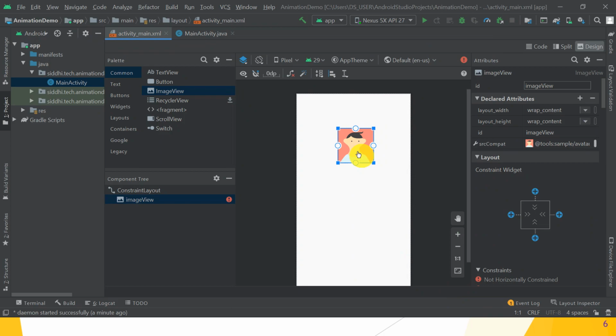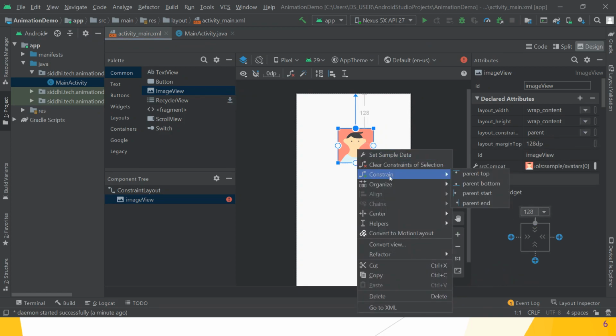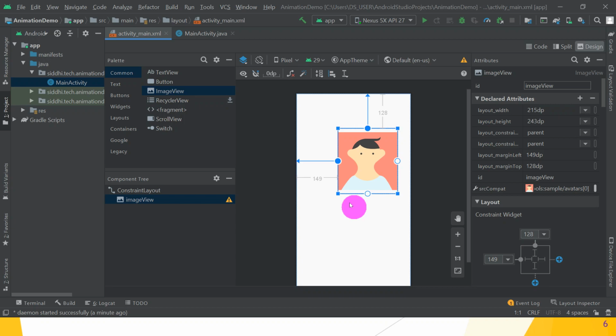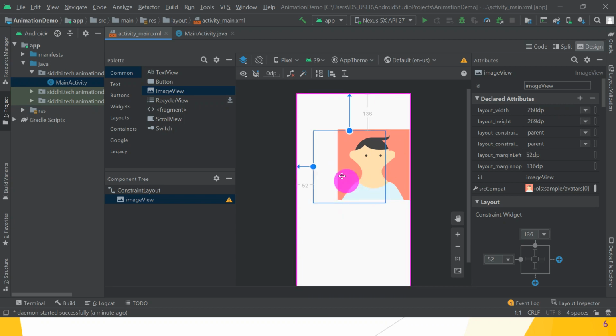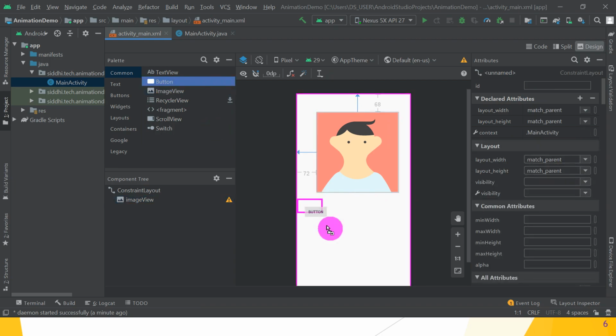Then use the constraint, give the constraint from parent top and constraint from parent start. Resize the image view control. Okay, great. Then take two buttons for slide up and slide down.